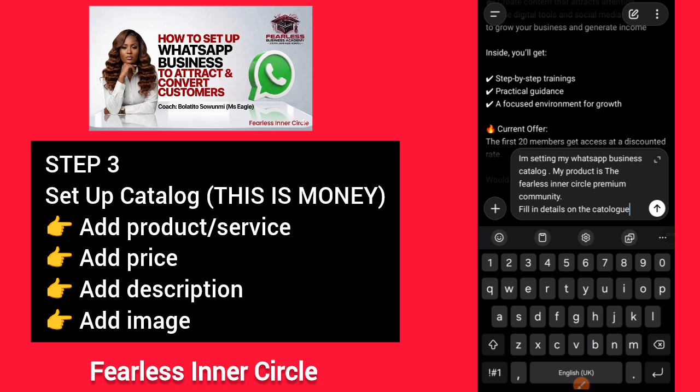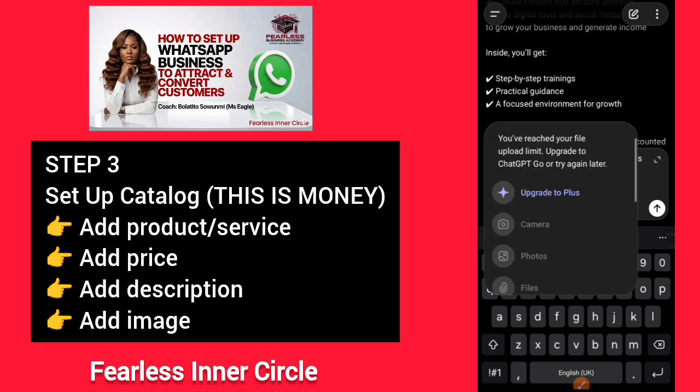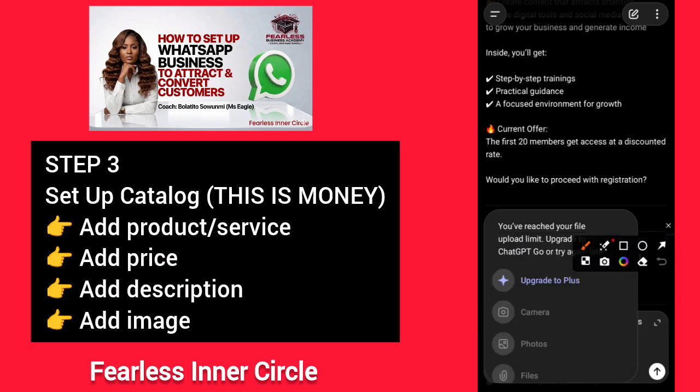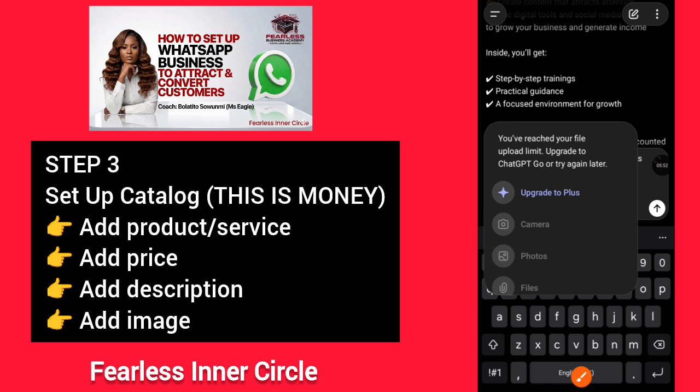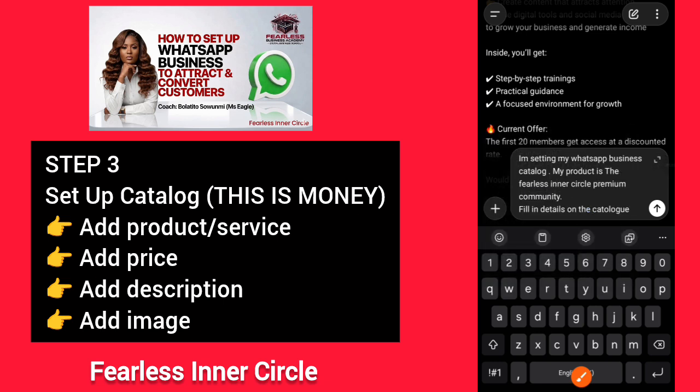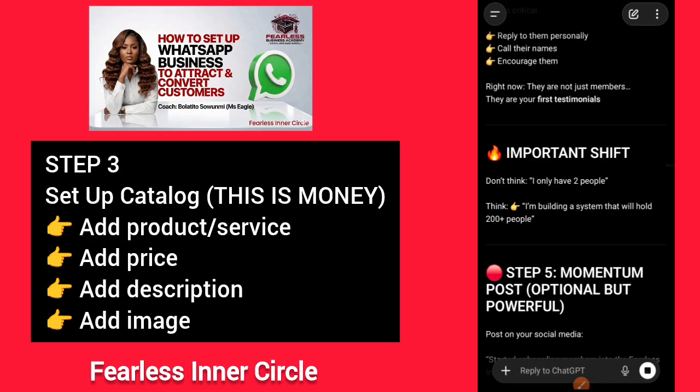And if you can upload the product too, just click here and upload the product. Once you click here, you can upload as many as possible. Just click on photo. Do you understand? And you will begin to upload the picture. Now you upload the picture and also upload the screenshot of that catalog, please. So it will just help you answer everything. So let me post this one.